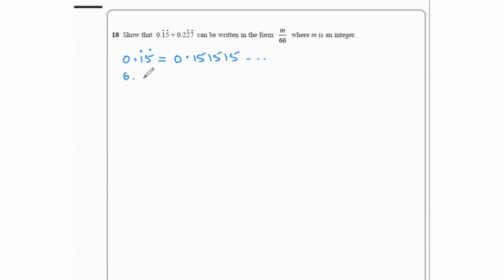And 0.227 recurring is 0.2, and then 27 keeps on repeating. So what we're going to do now is add the two first. 0.227 recurring plus 0.15 recurring gives us